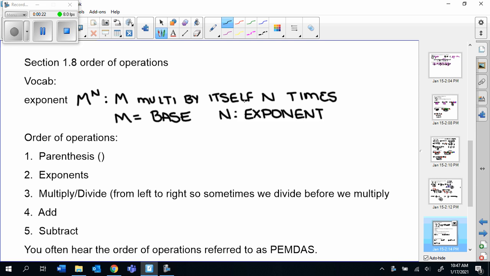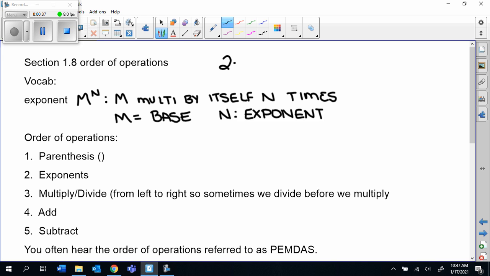You've seen me write this one time already in an earlier lesson. M to the n means m multiplied by itself n times. For instance, we did this when we did the factorization. If I have 2 times 2 times 2 times 2, I've multiplied the number 2 by itself 4 times. So I can rewrite this as 2 to the 4th,